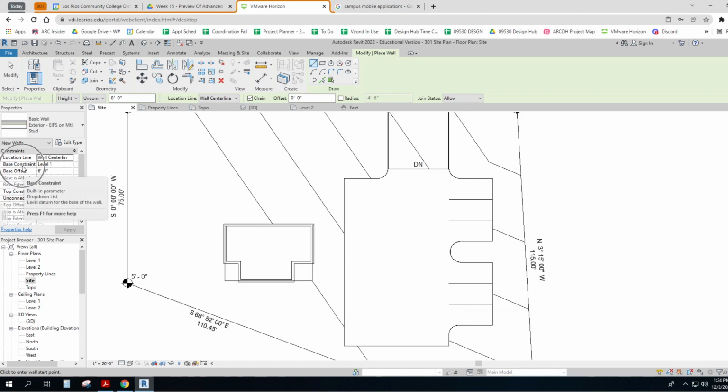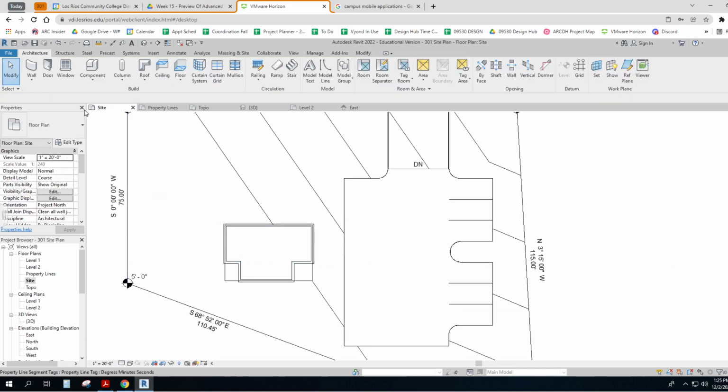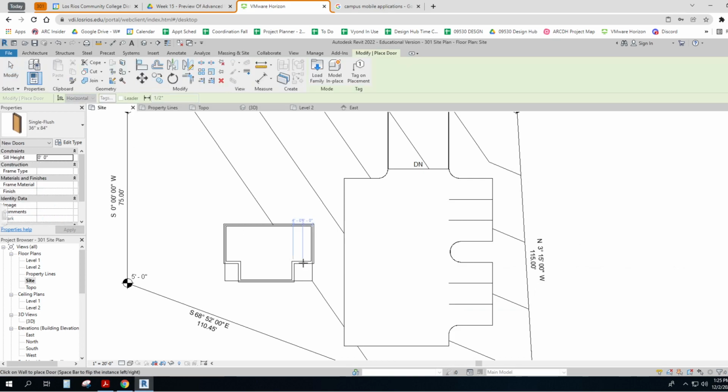The base constraint, the bottom of the wall, is at level 1 up 6 feet. And the top, I haven't connected it to a level. I'm saying it's 8 feet tall. So that's how you set things as you go. Okay, so now if I'm going to put in a door,